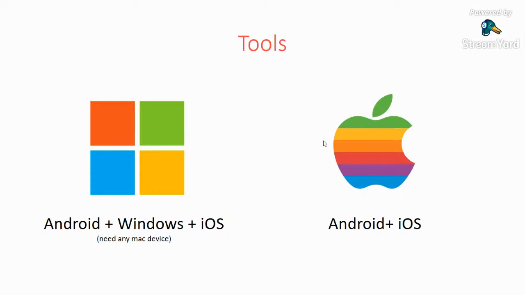Next one is tools. For Xamarin tools, you should prefer a Mac machine. You can build Android and iOS applications, but not Windows applications. If you prefer a Windows machine, you can build